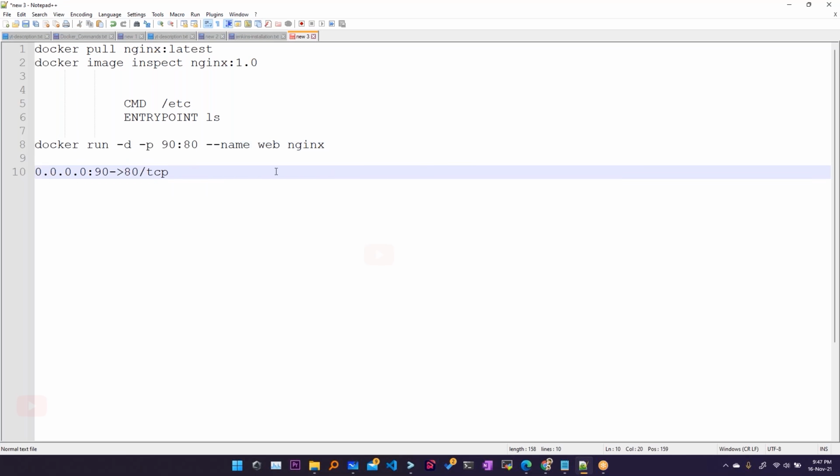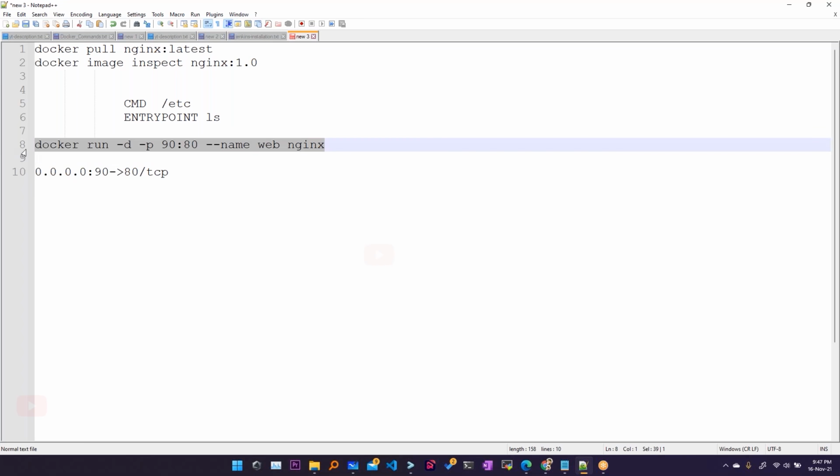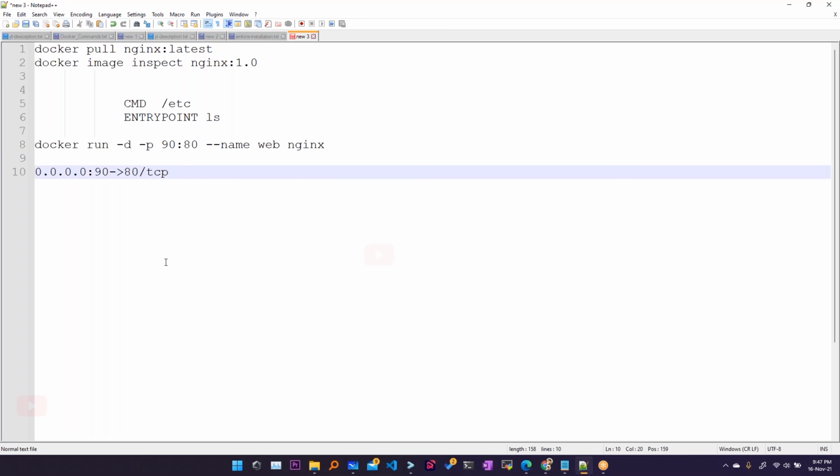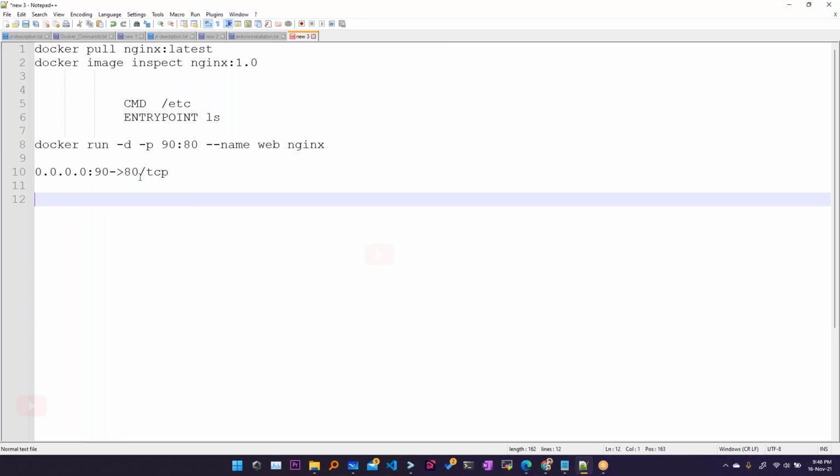Okay, so now moving forward. I have one more example. If I run Docker, did we talk about -it? Yeah, it's like giving access to the interactive terminal, like the keyboard. Let me repeat it.